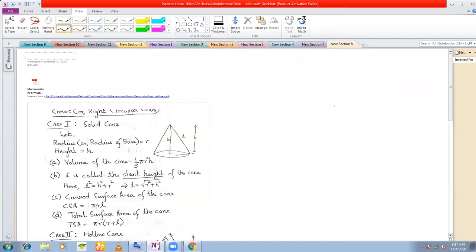A cone is somewhat like a cylinder, but a little different. It has a base radius definitely. Just as a cylinder has a base radius, a cone also has a base radius, a circular base. But this time the base is only one. So this is a circle, the center of this circle, and this is your radius here.